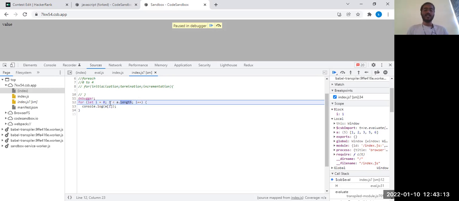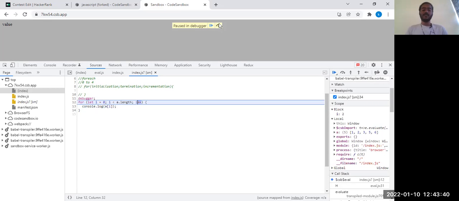So now if you see, 1 is less than a.length, which is 5. 1 is less than 5 is true. So it will go into this execution, and if you see, a of i will be 2, so it will print the a of i. So now let me execute it again. So if you see, now the i value will be 2, so 2 is less than 5, which is true. Again it will go and execute the console.log of a of 2, which is 3.